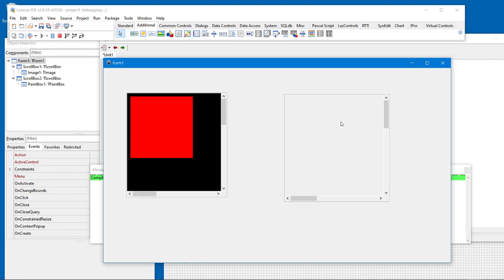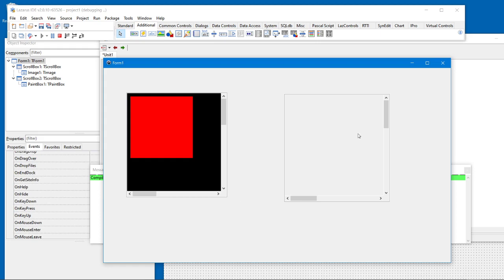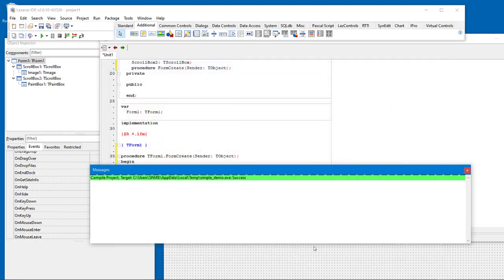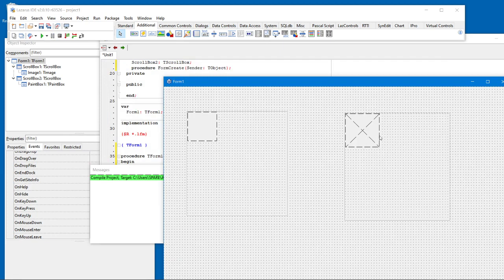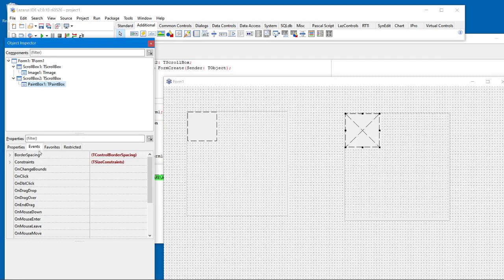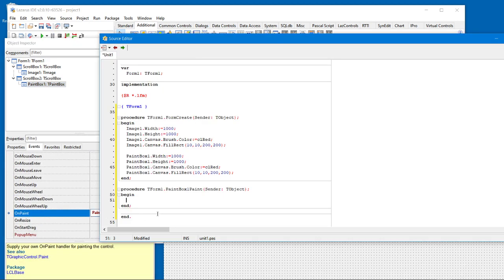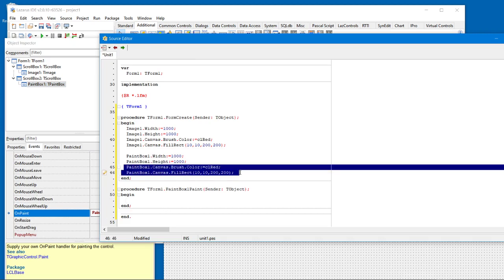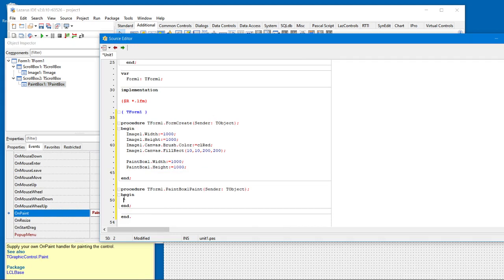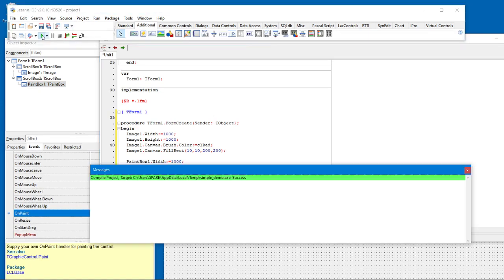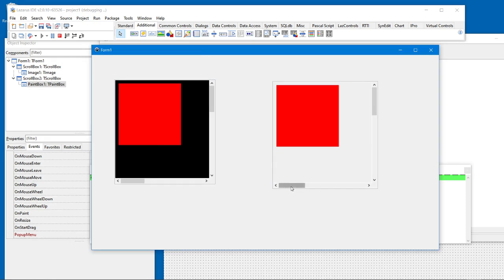And that's because anything you draw in TPaintBox, unless you have defined an on paint routine, nothing will be drawn. So let's create that. So I'm going to click on the TPaintBox 1 here, and if we go to Advanced, scroll down on Paint, let's just copy this from here and paste it here, and let's see if that makes any difference. So now we have a working paint box and a working image that's scrollable,